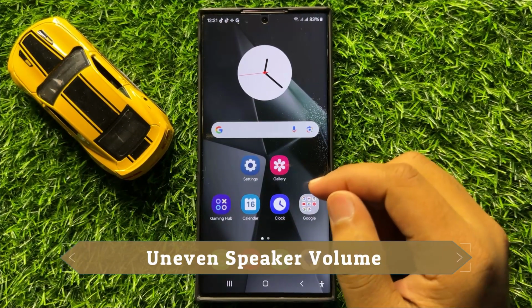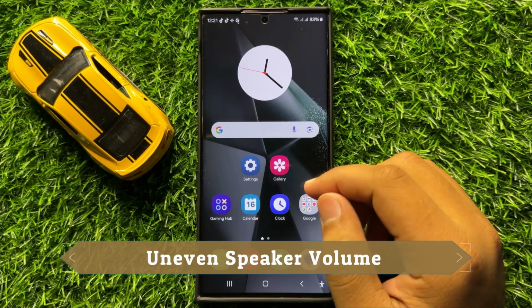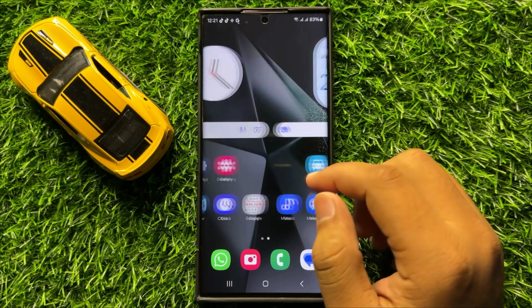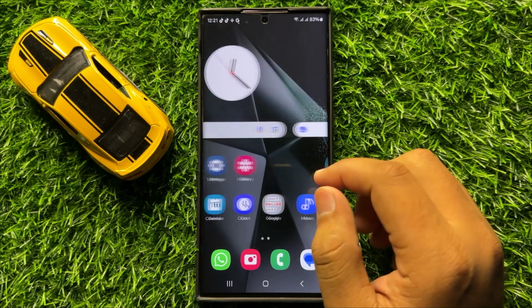Hello everyone, in this video I will show you how to fix the uneven speaker volume in Samsung Galaxy S24